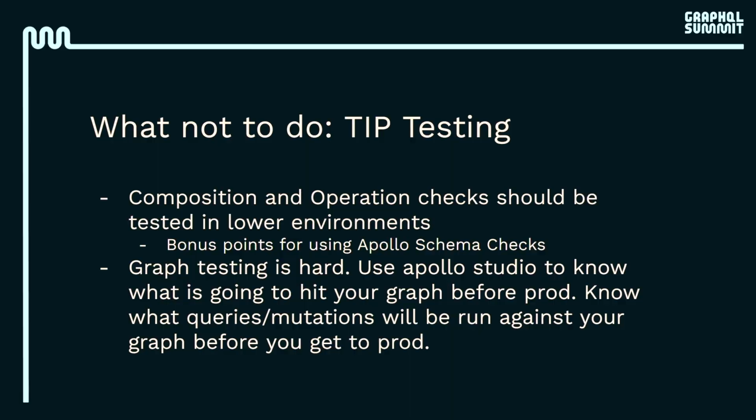The other thing to note too is graph testing is hard. Nobody has truly solved this is the perfect way to do your graph testing, this is how it's going to work and you're going to be perfect at it, and if it passes, everything's golden. It's a hard thing. There's a reason that there's not that standard tool yet. And one of the things you can do is use your staging environments, your lower environments, letting it soak for a little bit, watching how people play with it. See if it does blow up. If it does blow up, then you have a problem. If they can work through it and it doesn't have a problem, your change is good. But just shooting it to production is always a bad idea.